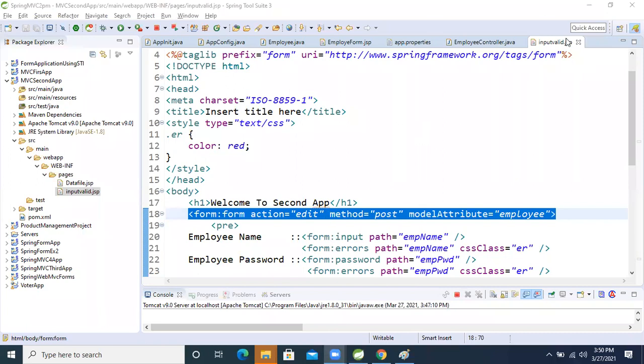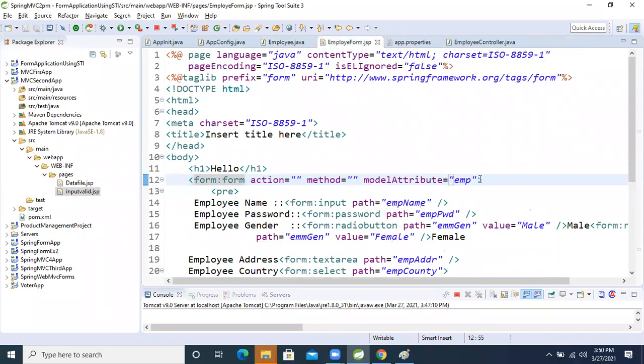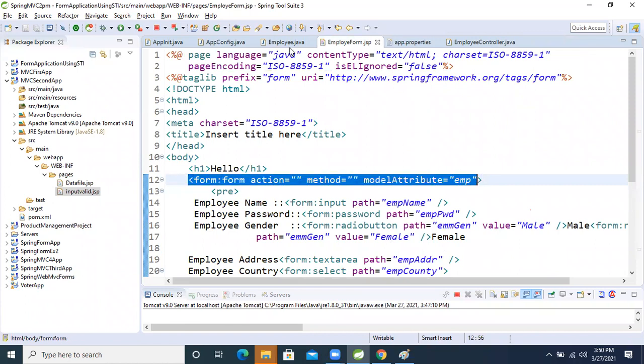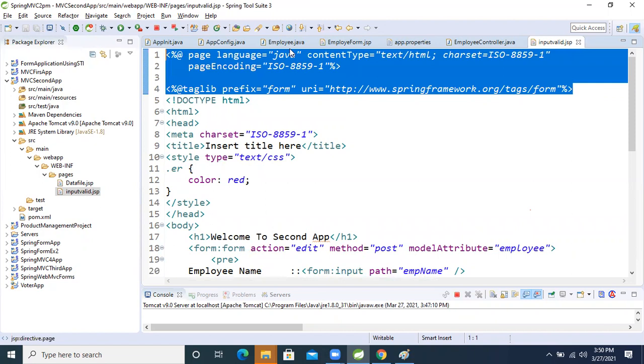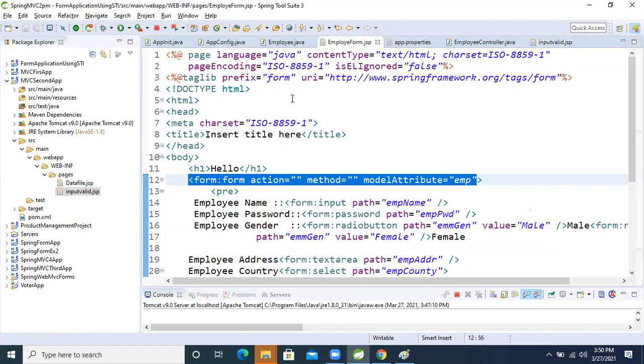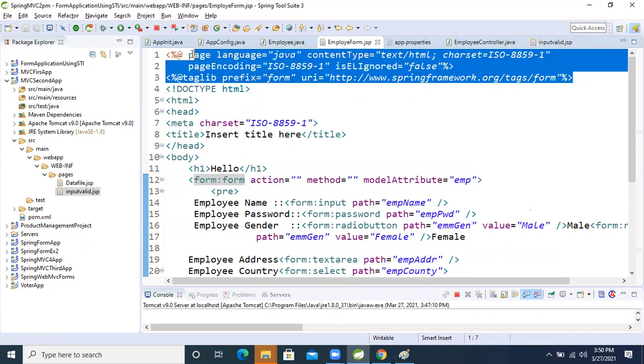Still we are not using the submit button, right? So no need. Okay, sometimes these things happen. Don't worry about that.